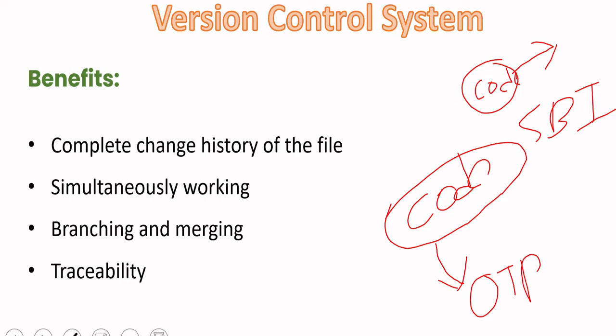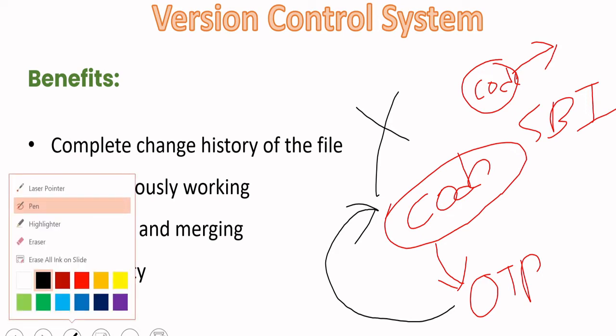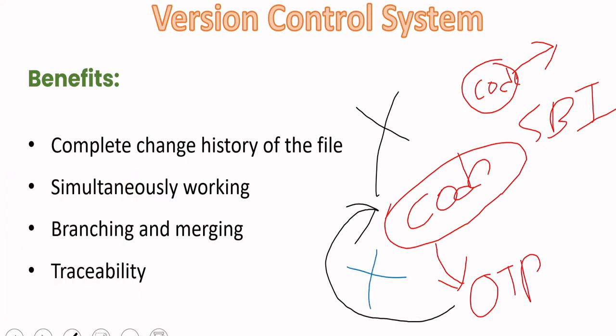You make your changes. After making the changes, again you need to merge this one with the latest. So after merging this one, you got an issue, which is already in live. So in a short period of time, you should be able to revert these changes, without the OTP changes. You should be able to move back to the older code. Due to some issue, if your change that has been moved into production is not working, you should be in a position to go ahead with the older one.